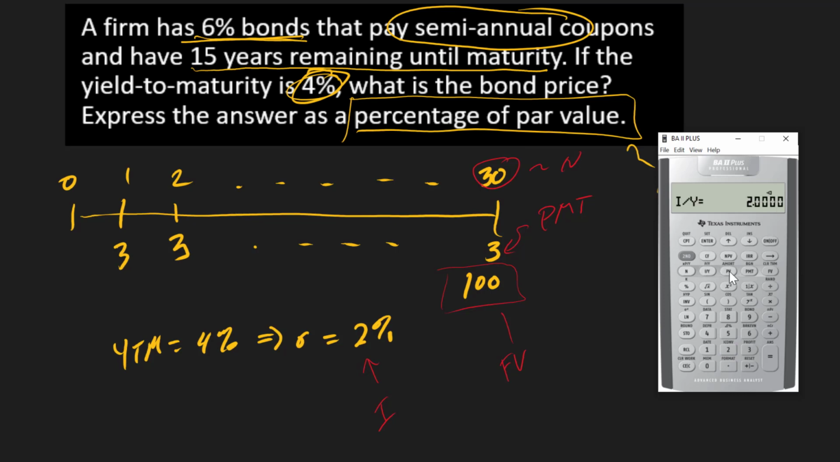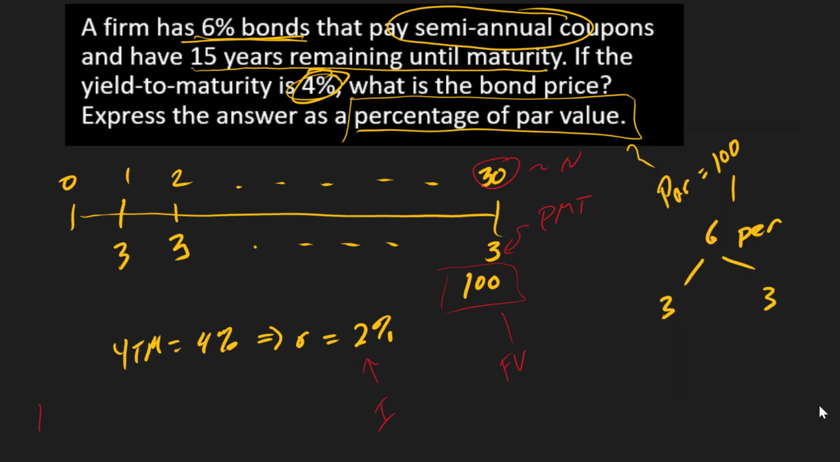So I compute my PV, and that is minus 122. That's a negative number again because we entered the coupon payments and the FV as positive, so those are inflows, so purchasing the bond would be an outflow. And so the answer here is